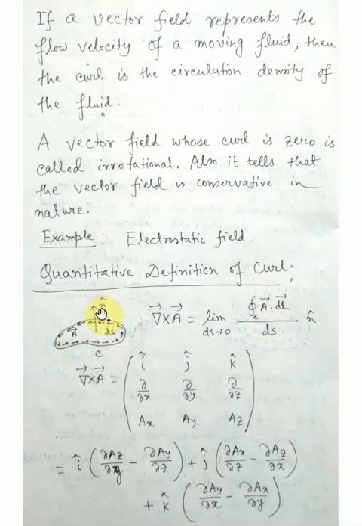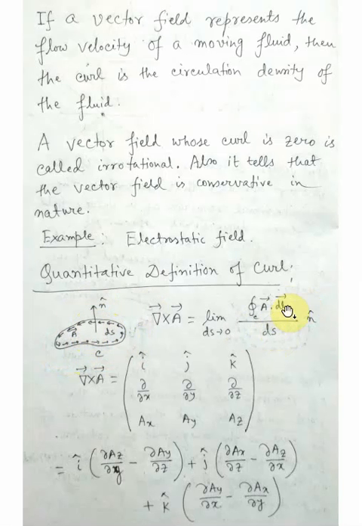If this is a circular path C, then a vector is rotating along this path. If we do A dot dl, then it is the closed line integral of A dot dl. You can see this closed path is enclosing an open surface, that is ds, and the direction of this open surface is the unit vector n cap.